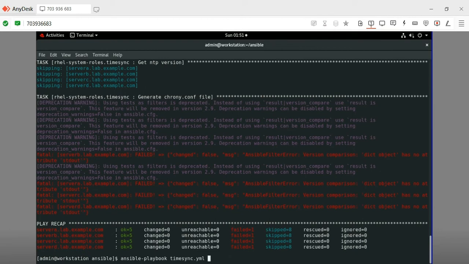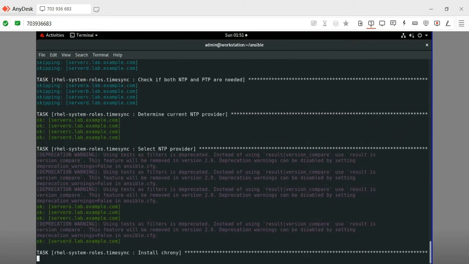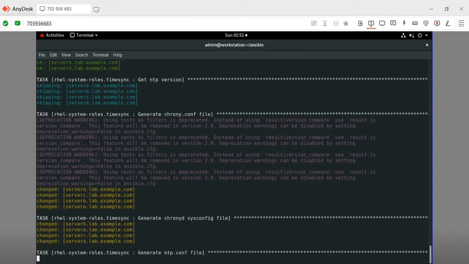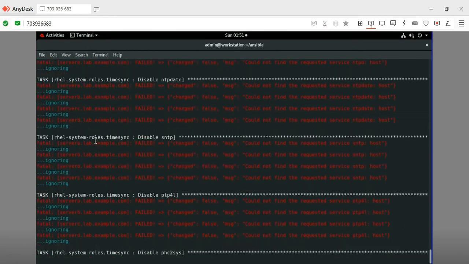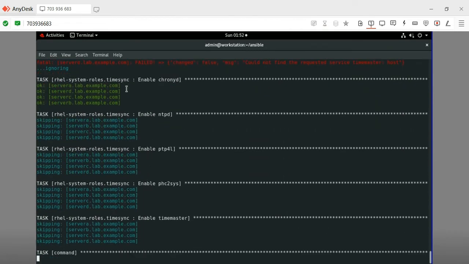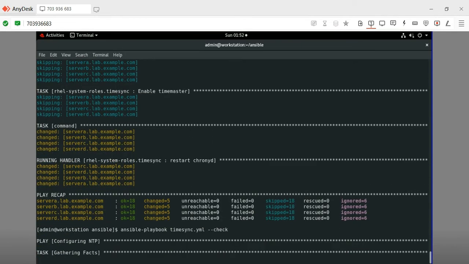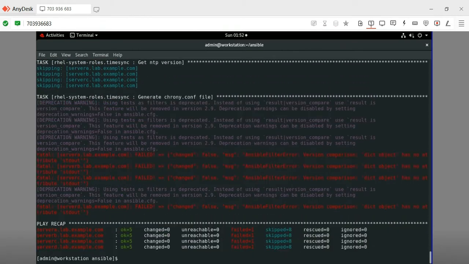Now let me run it in actual. Yeah, I'm seeing .yml. And you can see this time it should not throw any failure. Yeah, now you can see it is generated here. And this is just the rules ignoring. Here you can see all these red marks are just ignoring, and at the last there are no failed errors. They are absolutely good. And now again, if you run the dry run, this time because the file is generated, it should not display any failed, but some roles are